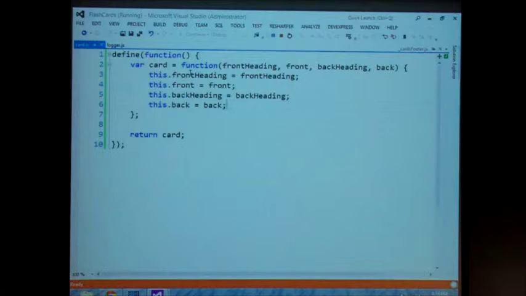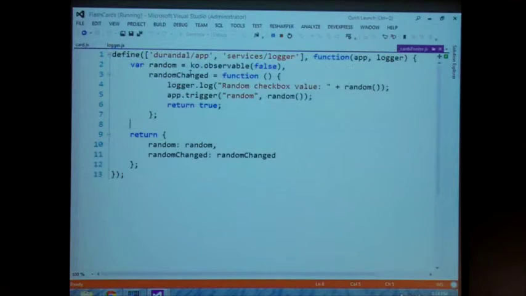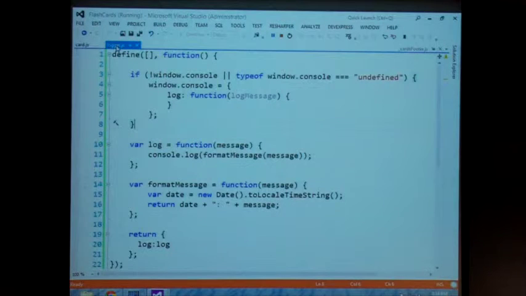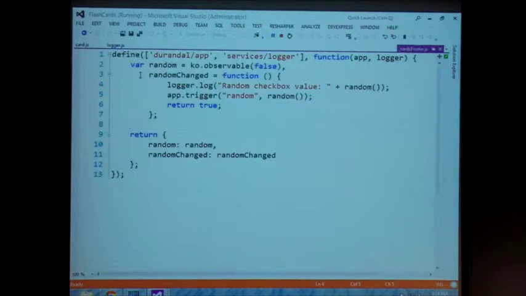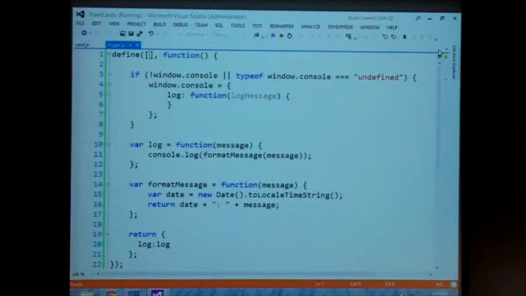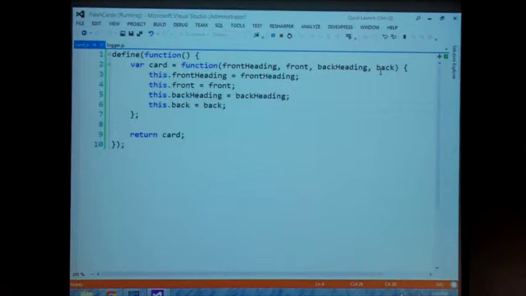But the key thing here is that card returns a constructor function, and logger returns an object literal. And the other thing to notice here is that this guy can be optional when you don't have any dependencies. And the other thing that's really cool,